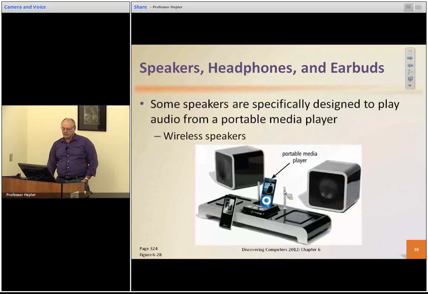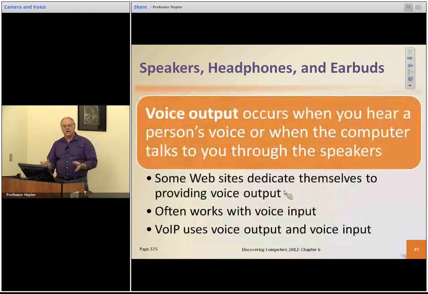Some speakers are specifically made to play audio from portable media. I don't even know what that means. I guess it means you can plug your device in here. But of course, speakers will work with just about anything. Voice output, it's audio output. I don't know why they separate it, except